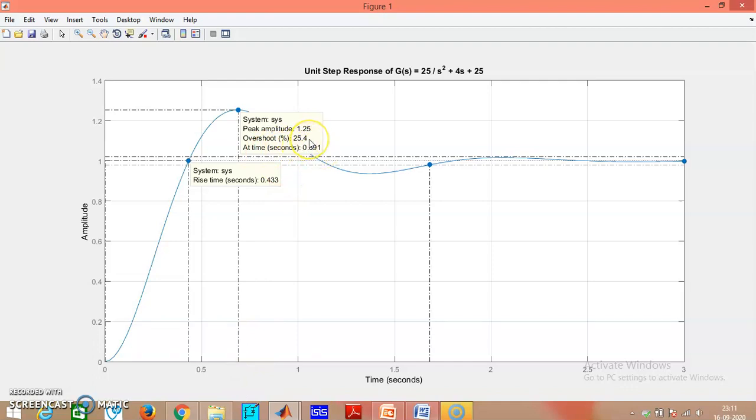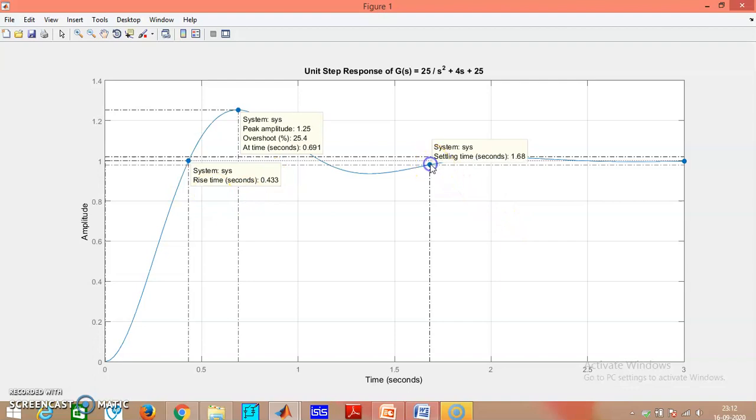The overshoot is 25.4%. This is the magnitude overshoot. The peak amplitude is 1.25, approximately 25%, so that is why it is 1.25. You can also shift this block wherever you want. So we'll keep it here and we'll keep this here.